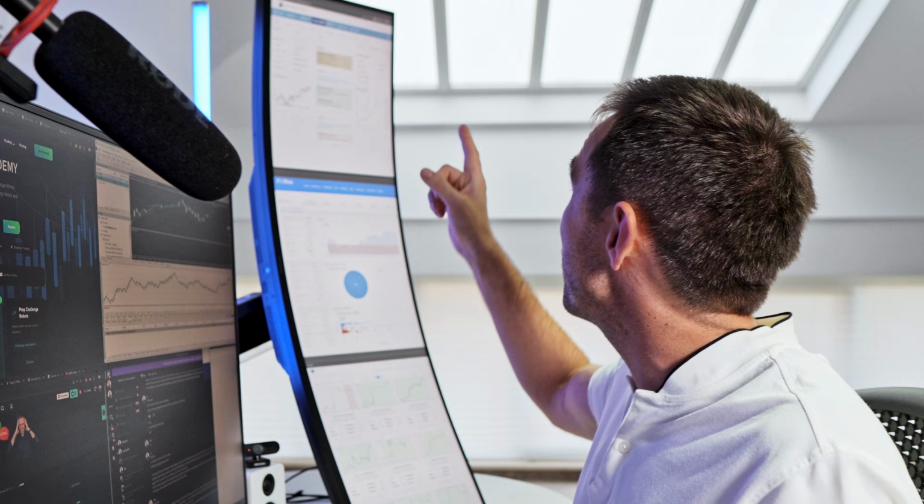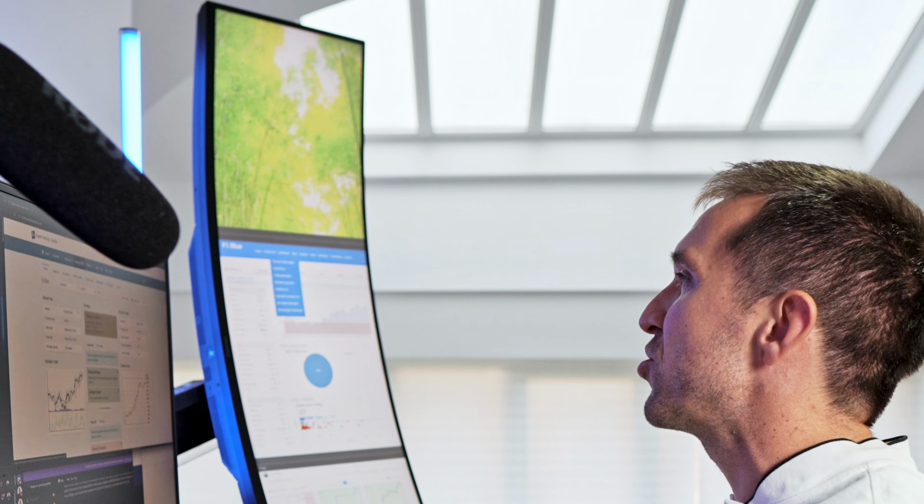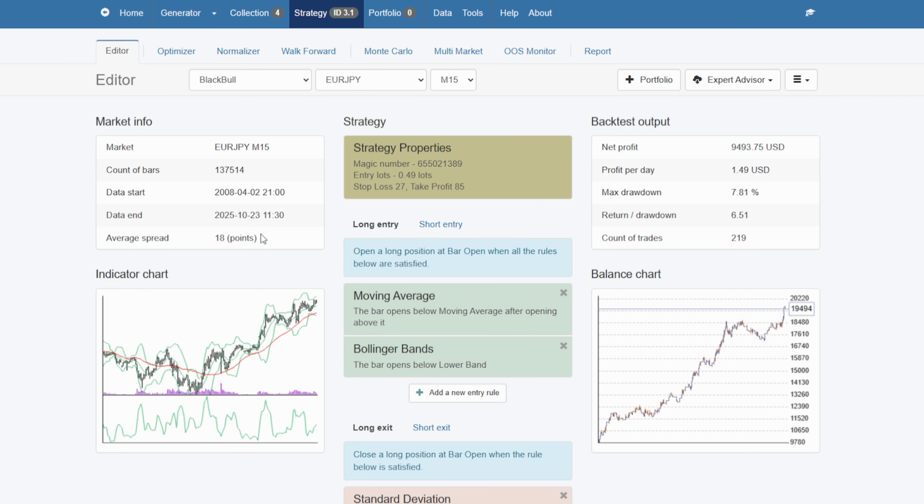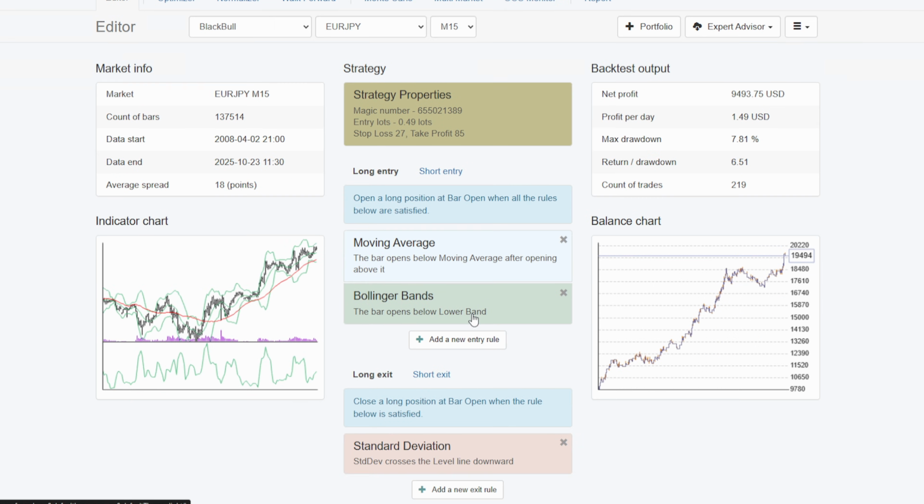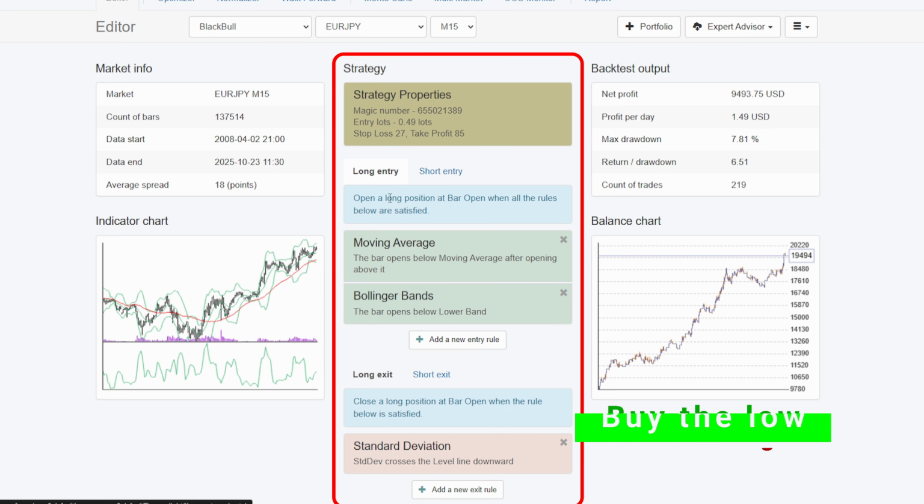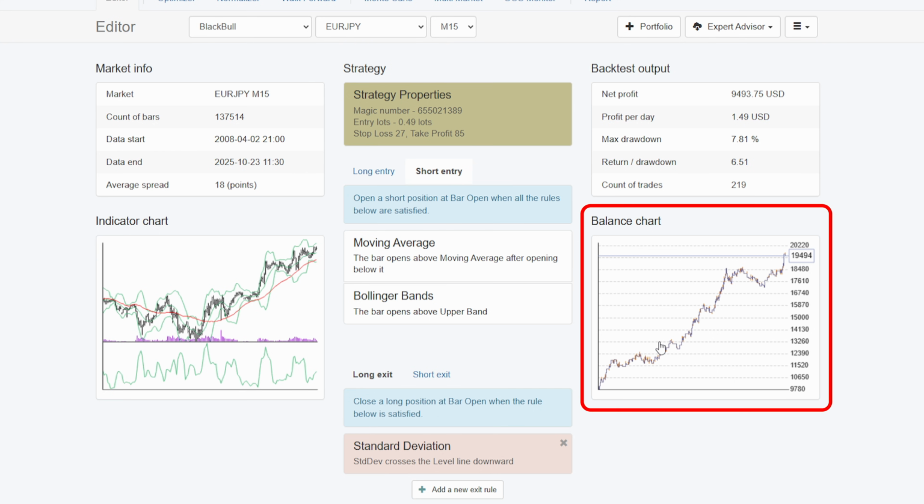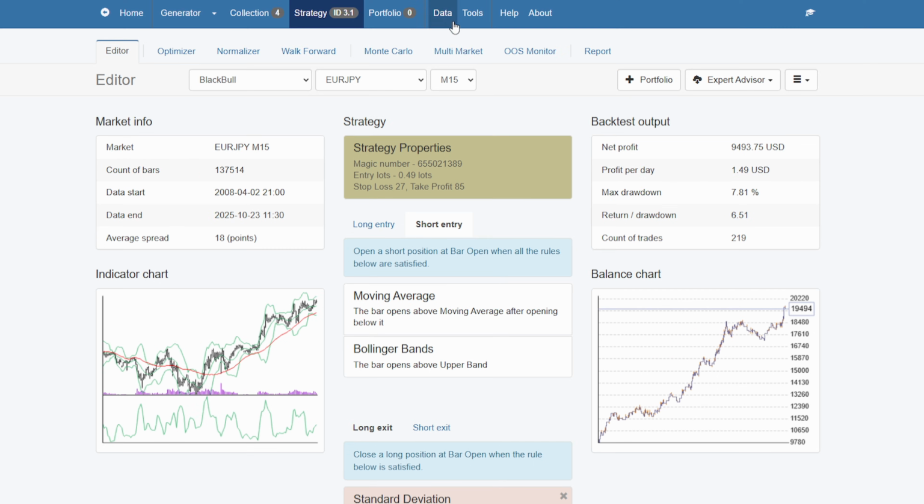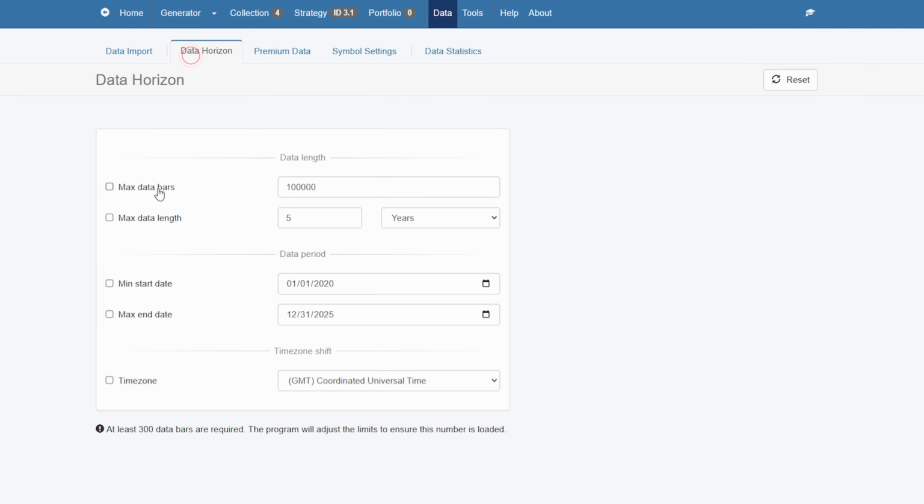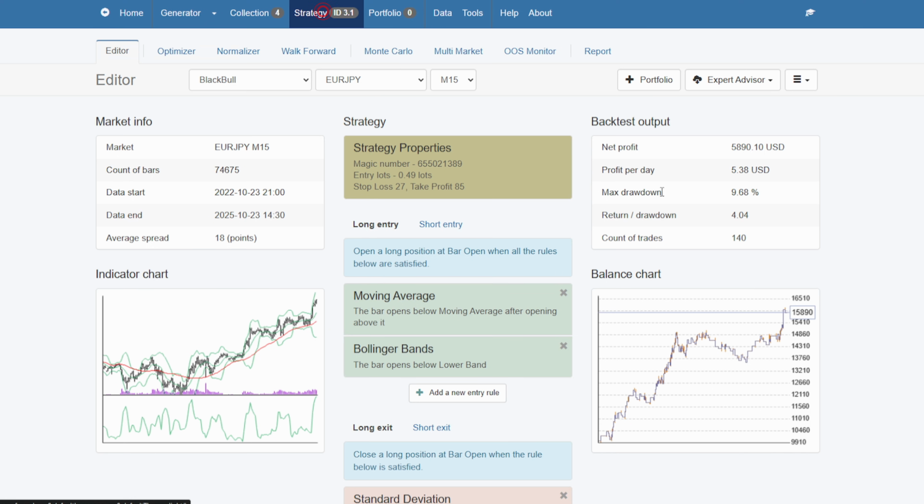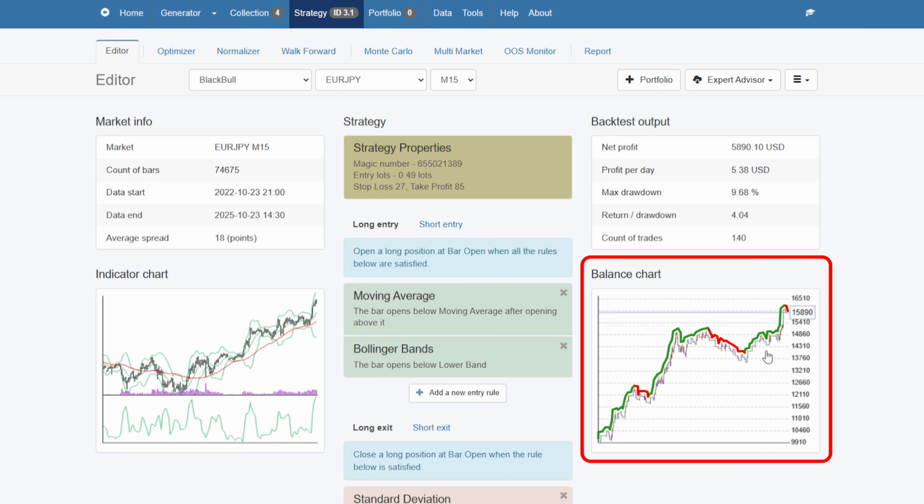So I'll grab the AI Studio and I'll drag and drop it on my recording screen, and you will see that this is the strategy that buys the lows and sells the highs. The backtest here is for a longer period of time, since 2008, but if I go to data and limit the data to today, but back in 2022, we'll see a very, very similar backtest, just like the one